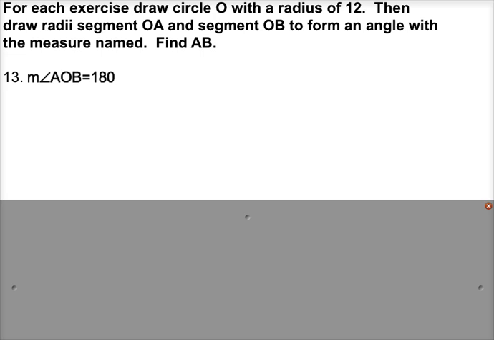For each exercise, draw a circle O with radius 12, then draw radii segment OA and segment OB to form an angle with the measure named. Find AB. So I'm going to start by drawing myself a circle, and I'm actually going to start by just drawing in where the center of my circle is going to go. And they want me to draw in radii OA and OB so that it forms a 180-degree angle. Well, if I'm going to make a 180-degree angle, and here's OA,